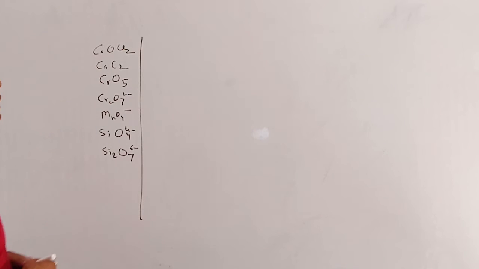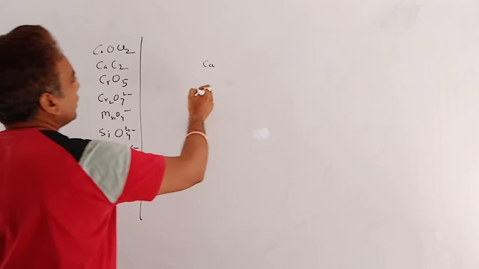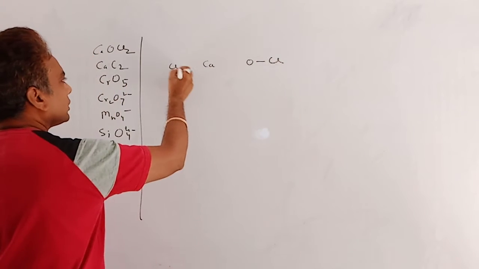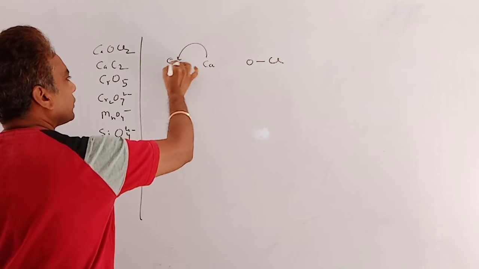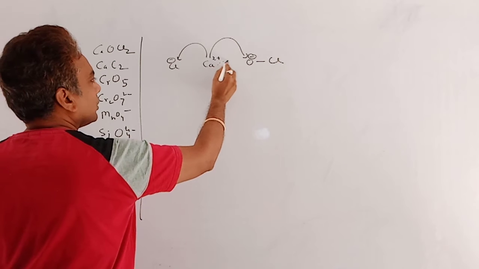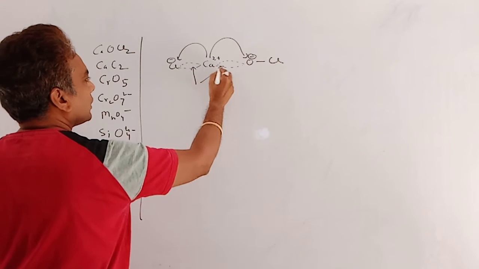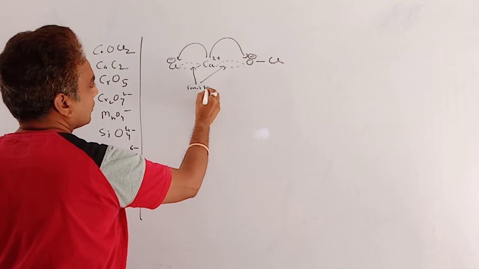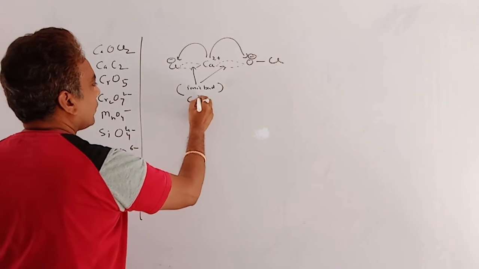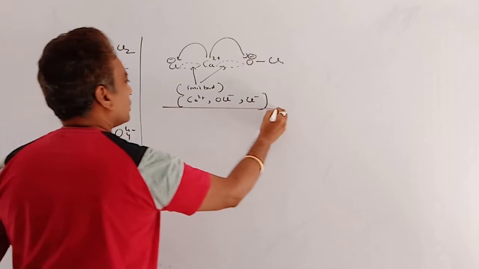So in case of CaOCl2, bleaching powder, calcium, which is an alkaline earth metal, always forms ionic bonds. So here is the attachment of chlorine, to transfer one electron towards Cl as well as O, in which ionic bond is formed like this. So CaOCl2 molecule gives how many ions? One is Ca2 plus, OCl minus as well as Cl minus also.